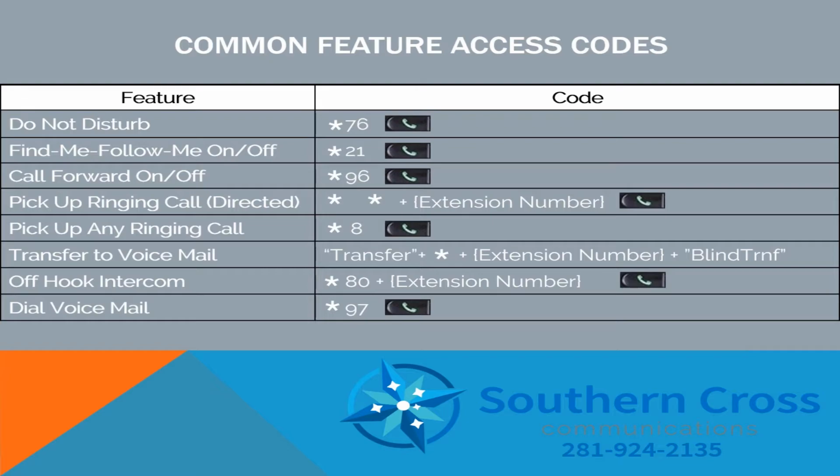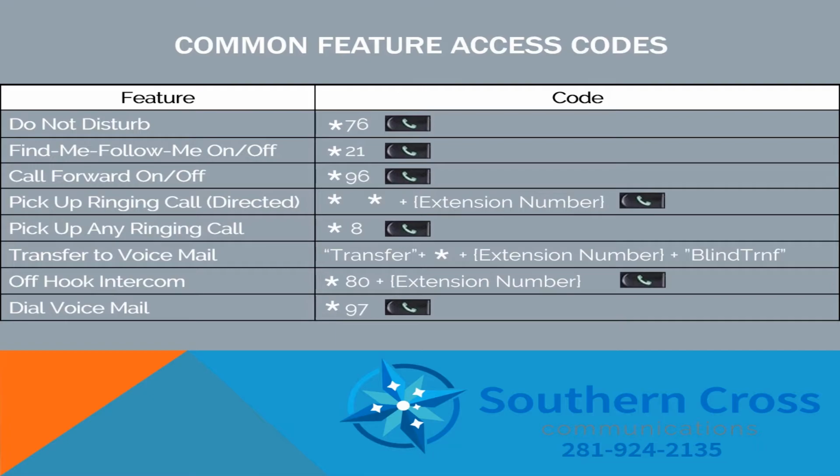It allows calls to your phone to ring a mobile phone in addition to your desk phone, either simultaneously or after a delay. Once it is set up, it can be turned on or off by dialing *21. Now, when you dial *96, the system will ask you for the extension to forward calls to. You can either enter an internal extension number or you can enter a 10-digit external number followed by the pound